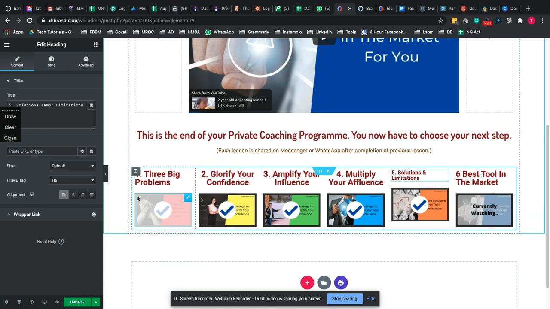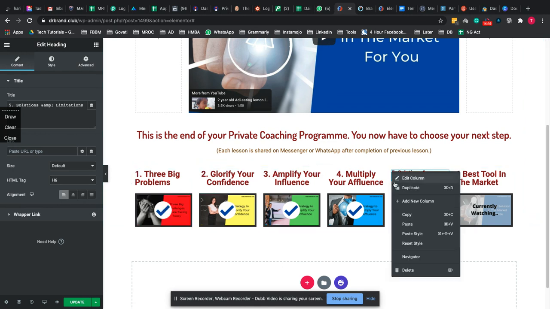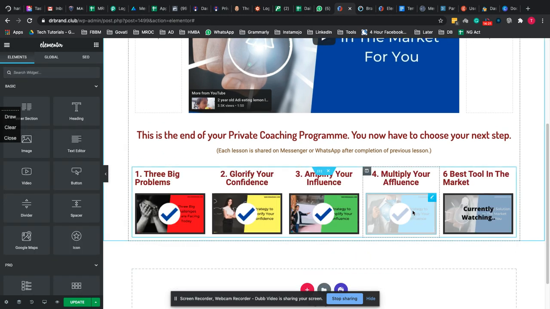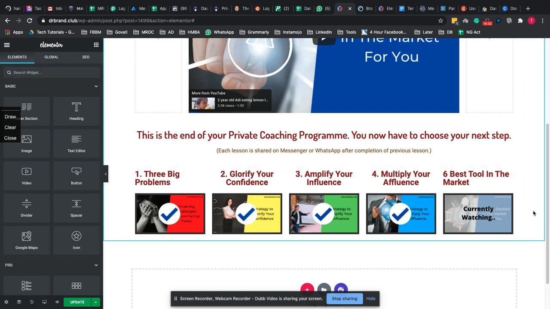So basically we don't need one of the elements here, so you can delete something like this and just have five sections, and this has to be in all five pages. The first page will have this as currently watching, everything else locked, and so on and so forth, which I've explained. So I'll just save this now, but I want this to be done today.